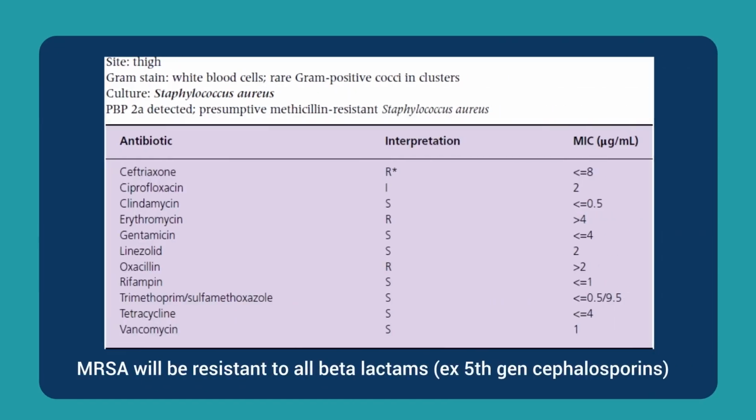Let's look at another case of an abscess of the thigh. So this pus was drawn and the gram stain showed that there were pus cells and occasional gram-positive cocci in clusters. The culture grew Staphylococcus aureus again. In this case, however, if you look at the oxacillin, it has been reported as resistant. Similarly, if you look at ceftriaxone, it has been reported as resistant even though the MIC is low, that is